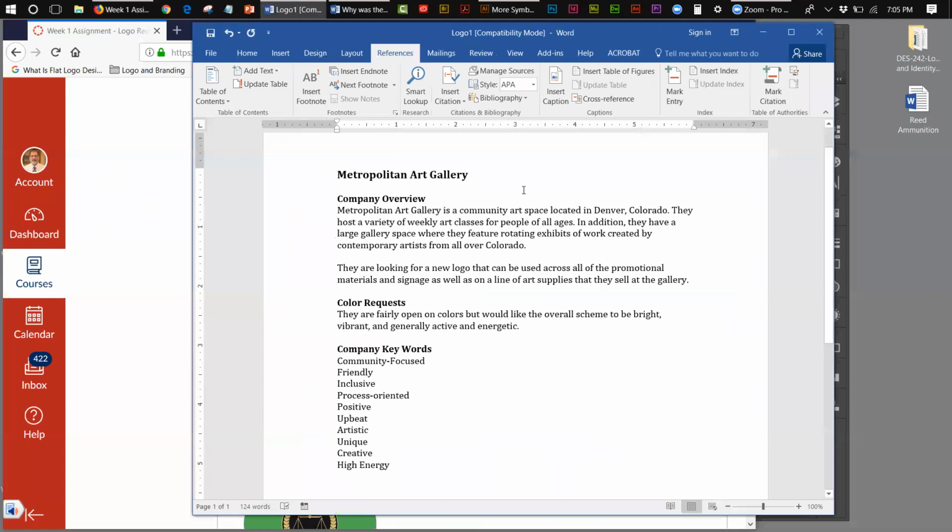The Metropolitan Art Gallery actually has a big sounding name. So in my mind, we would probably want to do something a little bit more regal, a little bit more big. The company overview basically states that the Metropolitan Art Gallery is a community art space located in Denver, Colorado, which is a nice area. They host a variety of weekly art classes for people of all ages. In addition, they have a large gallery space where they feature rotating exhibits of work created by